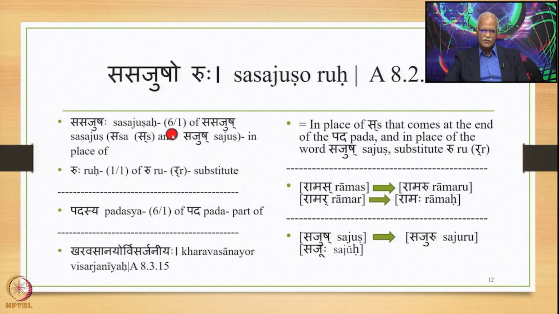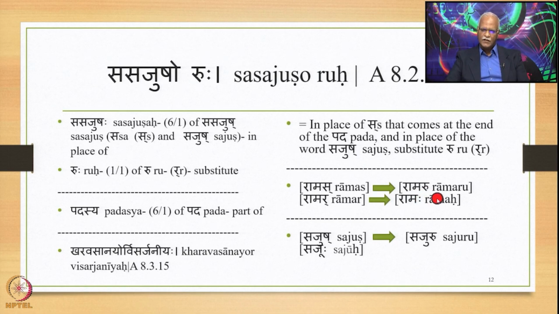So, the meaning is this 6/1 and this 6/1 match, and so this becomes the qualifier of this 6/1, and so we get the meaning: in place of Sa that comes at the end of the Pada, and in place of the word Sajush, substitute Ru. So, we have Ramas, which is 1/1, and this Sa comes at the end of the Pada. So, this Sa is substituted by Ru by 8266. So, we get Ramaru as the output,